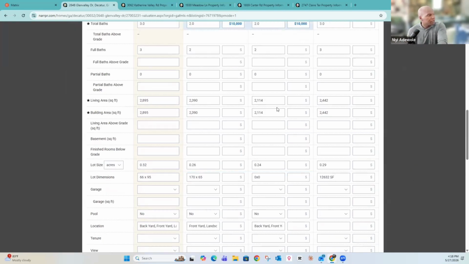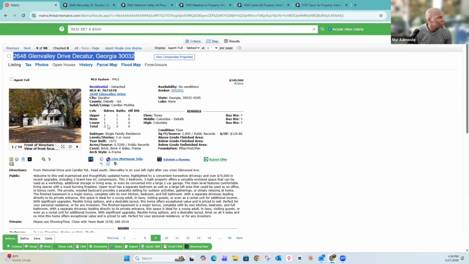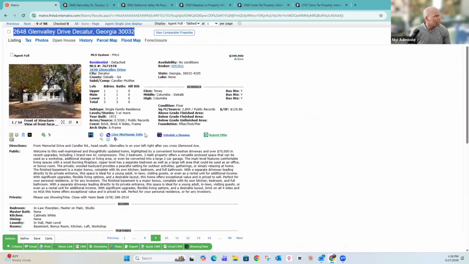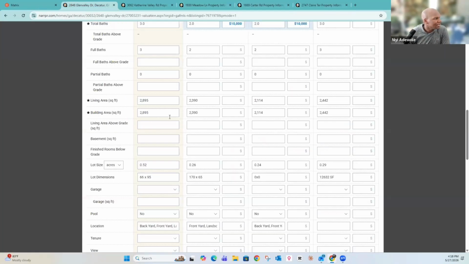Okay, so for the square footage, right, some of this is below ground. Keep that in mind. So for this house, you have the lower level, which is a 1.1, and they haven't given us the square footage of the lower level. So I'm just going to call it all even, right? And just divide it by 3. So 2895 divided by 3, that would give me 965 on the lower level. And so if you're looking at 965 on the lower level, right? Because this is all above ground square footage that we're looking at for these other homes. So 2895 minus 965, that gives you 1930. 1930 minus 2390 times 50.